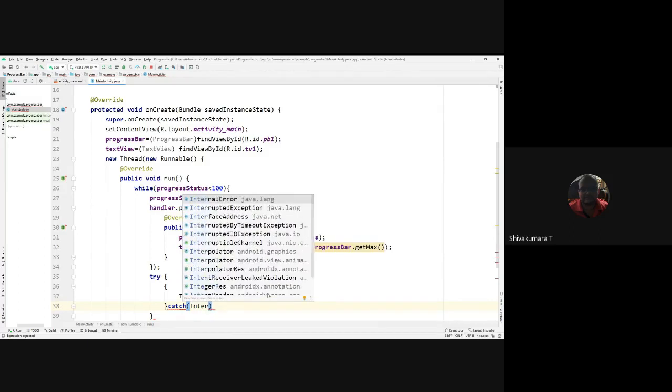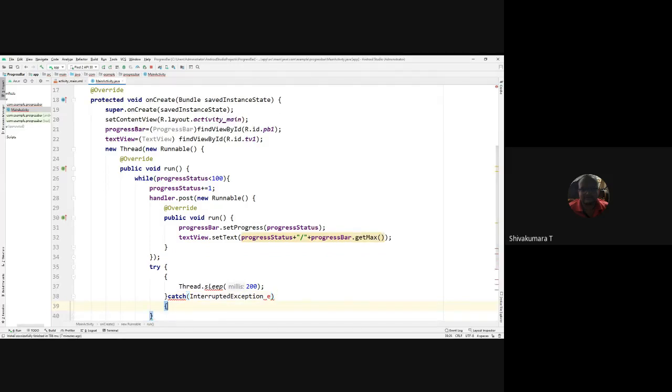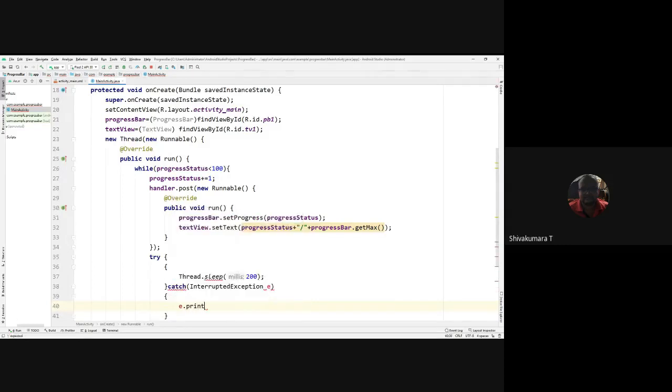InterruptedException, e.printStackTrace. So you need to import the corresponding packages.